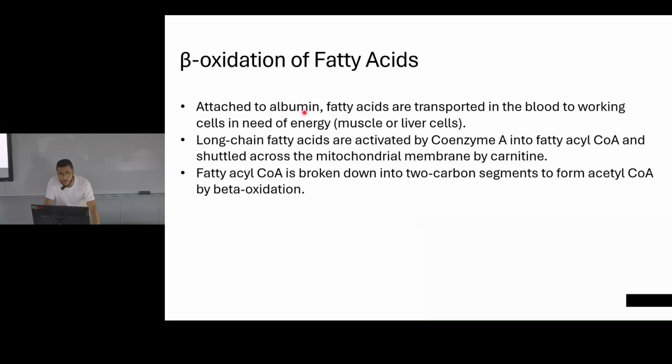This you have in the diagram, where you basically have the chylomicron being made, and then it goes into the lacteal. While next to it, you have that line that shows you the short and medium fatty acid chains that are attached to albumin, okay? And this helps it be transported in the blood, okay? For long